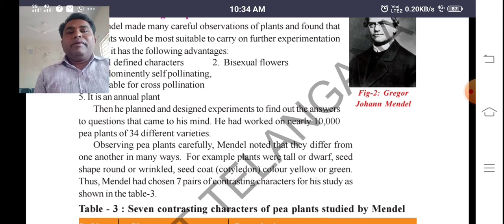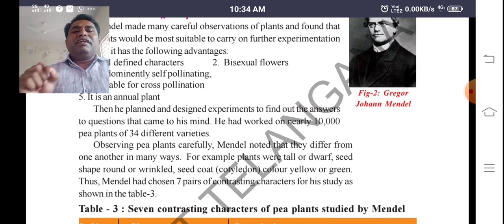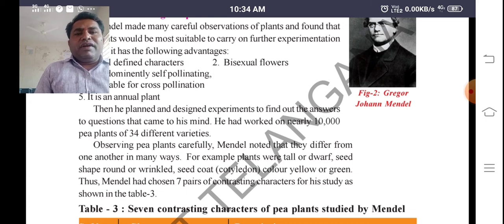అలాగనే సేమ్ మనకి ఈ పీ ప్లాంట్ అనేది దాదాపుగా 34 డిఫరెంట్ వెరైటీస్ ఉండడం వలన మెండల్ సెలెక్ట్ చేయడం జరిగింది. సో అబ్జర్వింగ్ పీ ప్లాంట్స్ కేర్ఫుల్లీ, మెండల్ నోటెడ్ దట్ దే డిఫరెంట్ ఫ్రమ్ వన్ అనదర్ ఇన్ మెనీ వేస్. ఫర్ ఎగ్జాంపుల్, ప్లాంట్స్ వర్ టాల్ ఆర్ డ్వార్ఫ్ and seed shape round or wrinkled, seed coat color yellow green, and thus